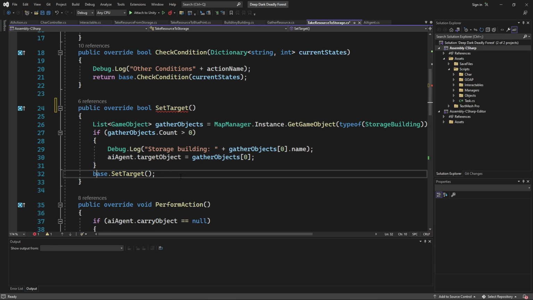It would be terrible for it to not know ahead of time that its target's no longer there, and it goes through all the other actions, and then it comes to realize, that's not possible.